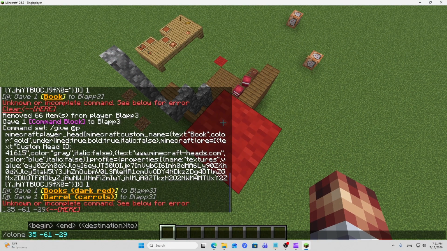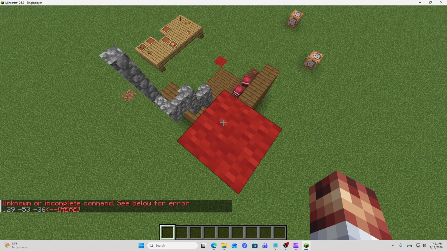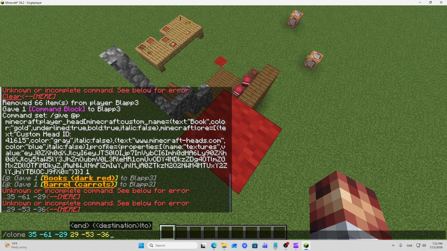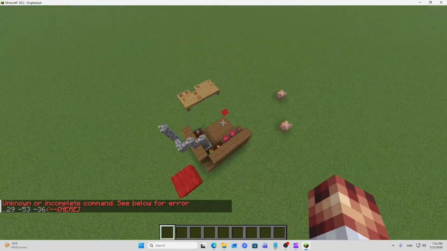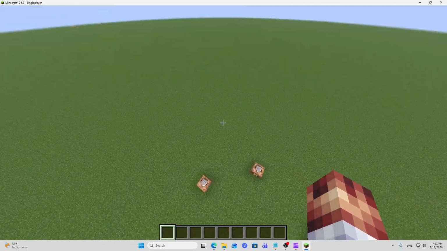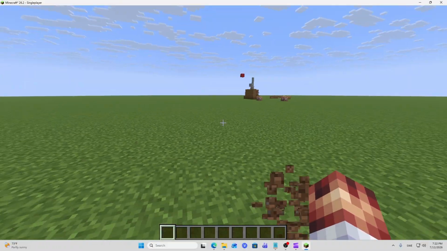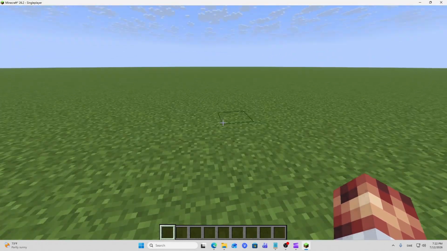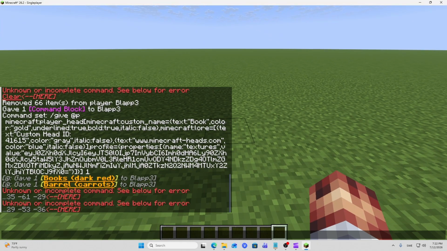I press the up arrow so I get the latest command, and I take this new block here. So here we have two different coordinates. We have from that one to this one. And now we will go over here. Let's say I want to move this to here. This is the bare spot. So I take up this command again and I press space and I go down here. So this is from, and this last green here is 2. So I just press enter